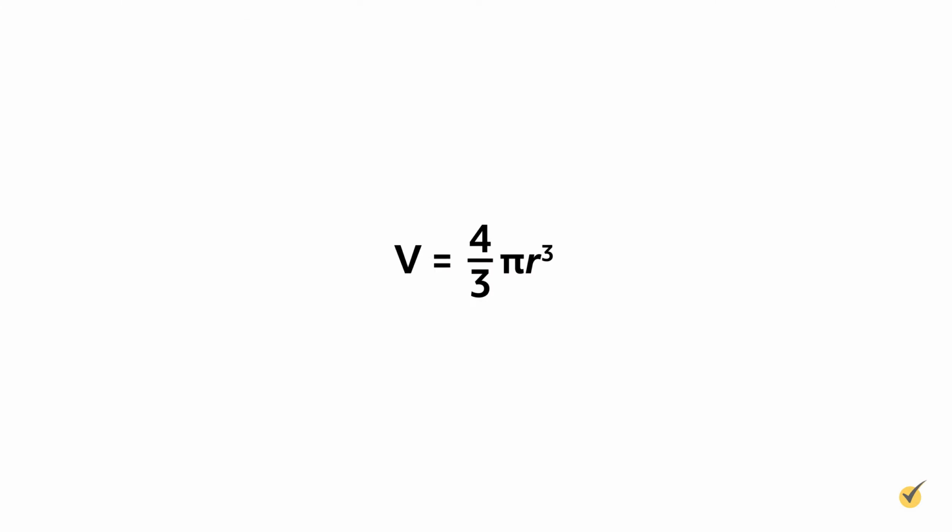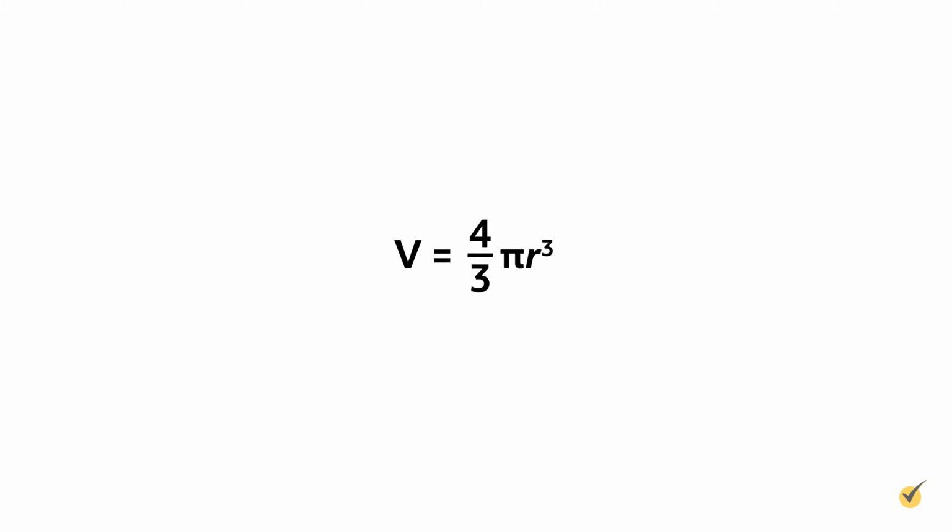But fortunately, we have a formula to calculate the exact volume of a sphere. V equals 4/3 pi r cubed, where r is the radius of our sphere. The formula isn't exactly new. The Greek philosopher Archimedes discovered it over 2,000 years ago. But it still works as well now as it did then. Probably even better since we have electronic calculators these days.